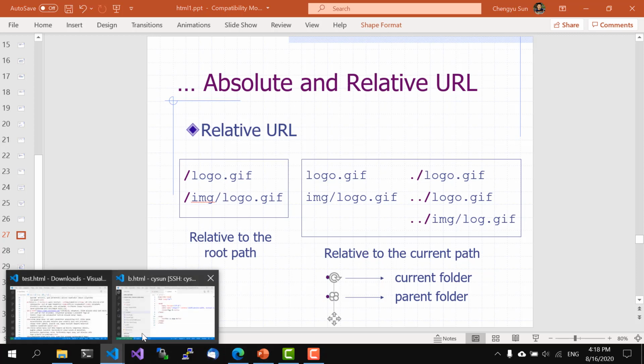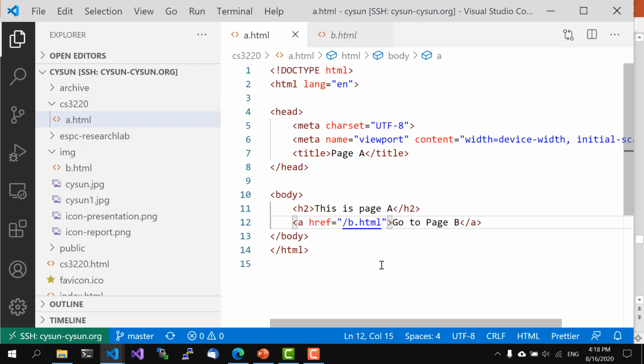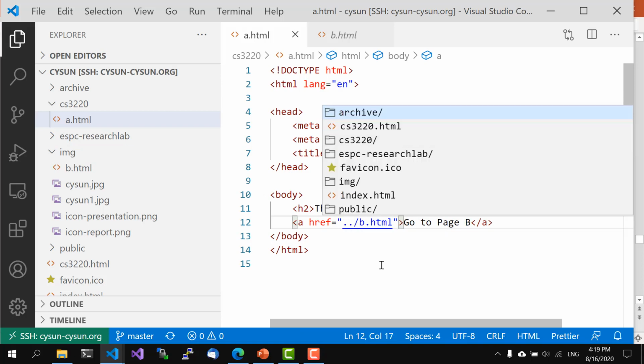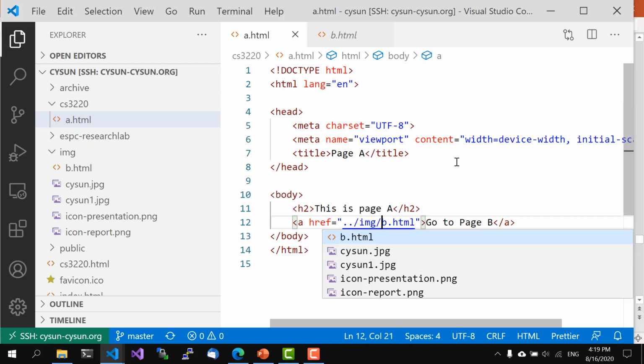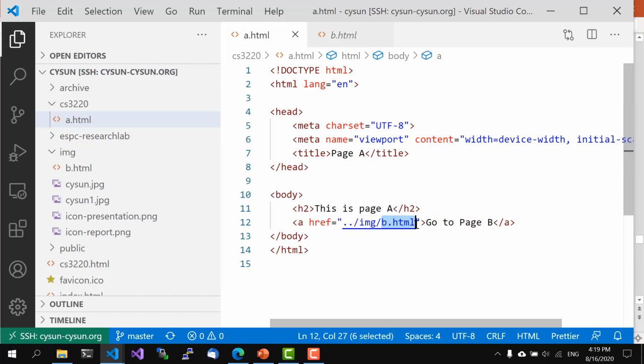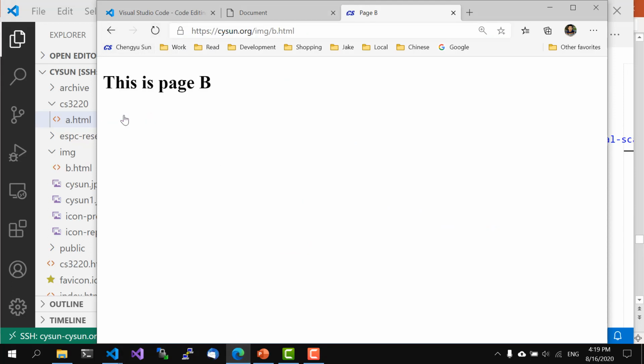So we can say, first go to the parent folder, and then from there go to the img folder, and from there is b.html, right? So this now is our new relative URL, and if we refresh here and we click on here,